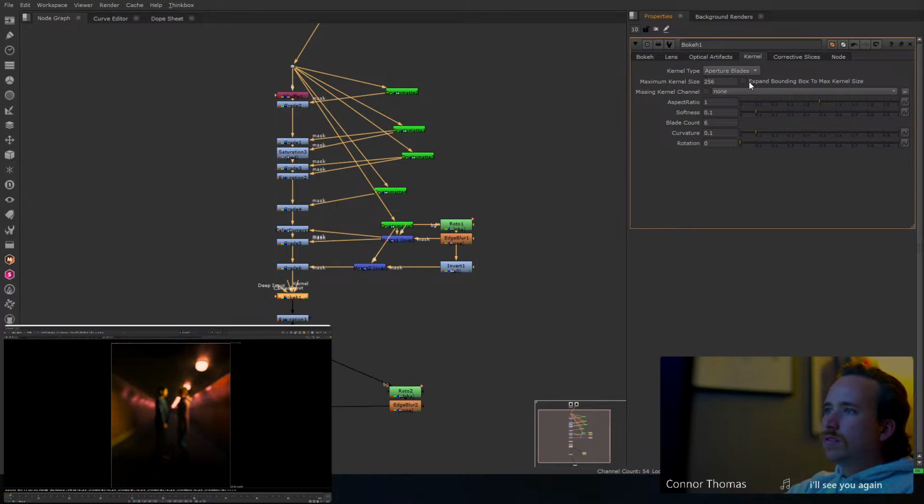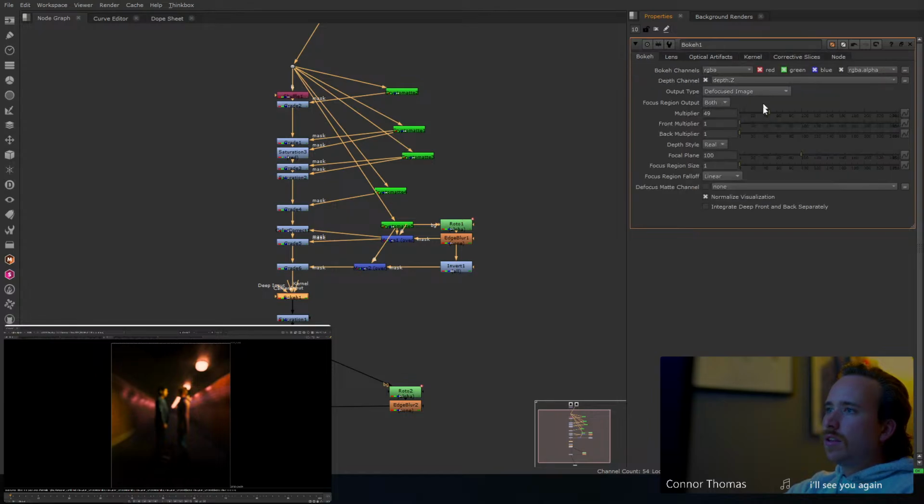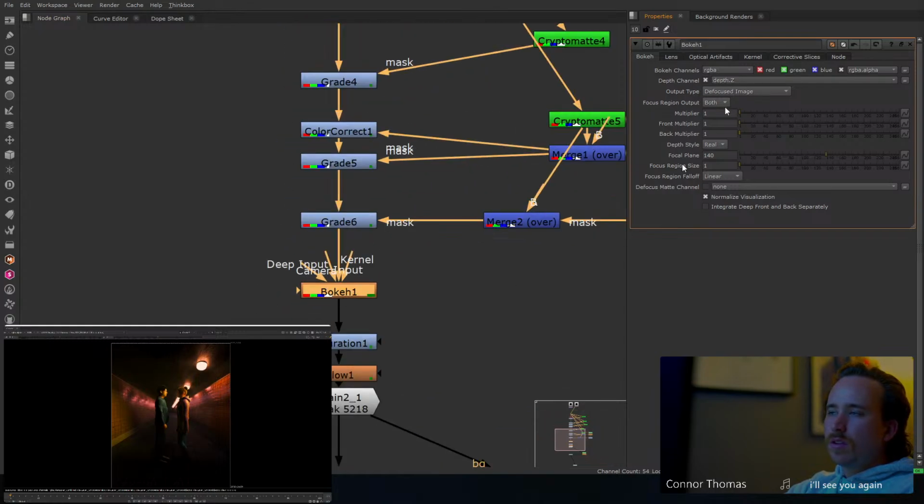Z, real, linear, quadratic, linear, matte, GBA lens, kernel, aperture blades. I think that's what I want. And then